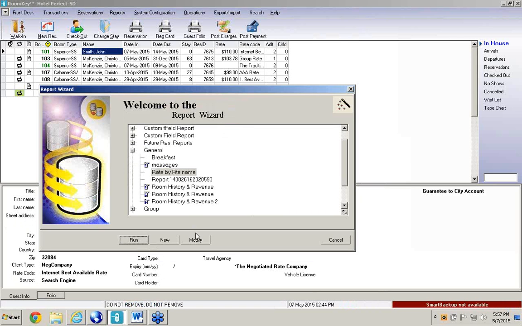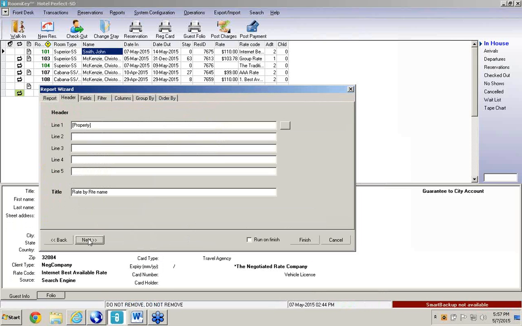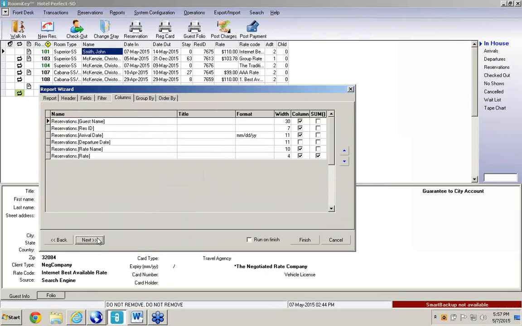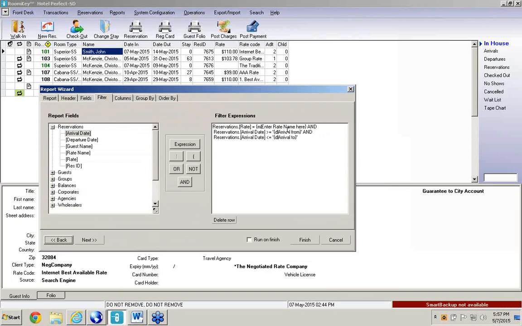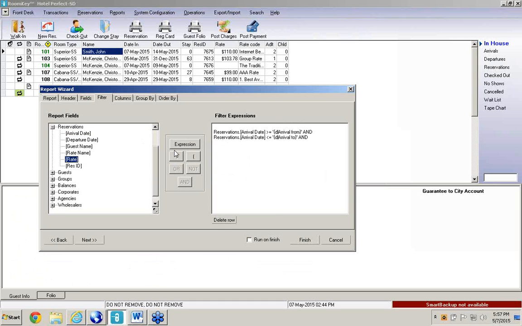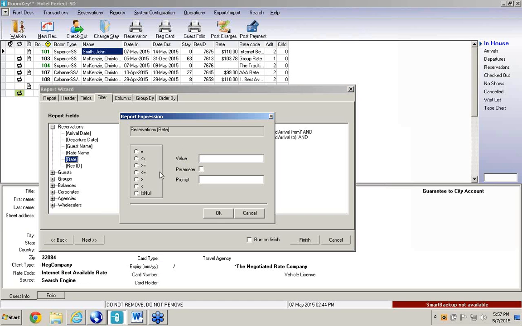Now, I know I've made a mistake, so I'm going to go back and modify. And what I should have done in here is on my expression, instead of having it as equal to, I really wanted it to be like, so that it would match it. So I'm going to add a new statement in here, and my rate name is going to be